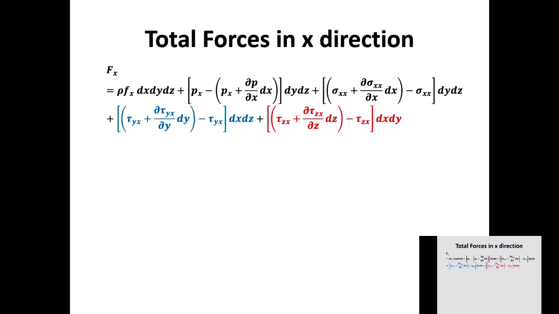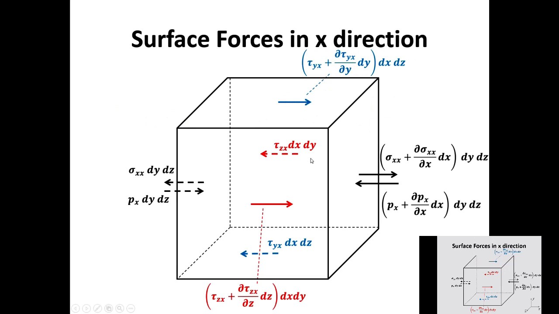And when you add all of them together, you have your pressure force, you have a normal force, and you have your stress force. So this is only in the x direction, forces only in the x direction. You have your pressure force, you have your normal stress, and you have your shear stress applied in that direction. So that is not applied on the face, that is applied parallel, along the face on the other faces. Okay. So you need to take all those into account when you derive the F equals ma equation